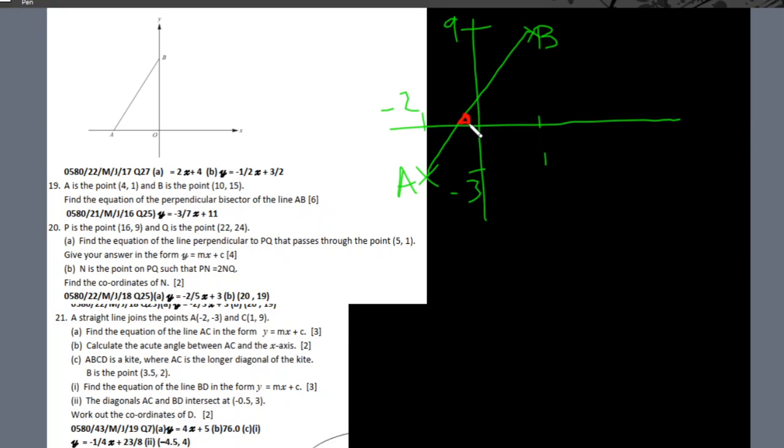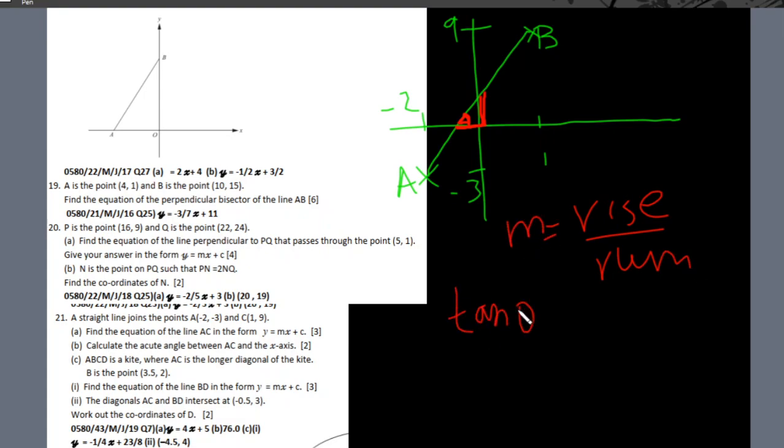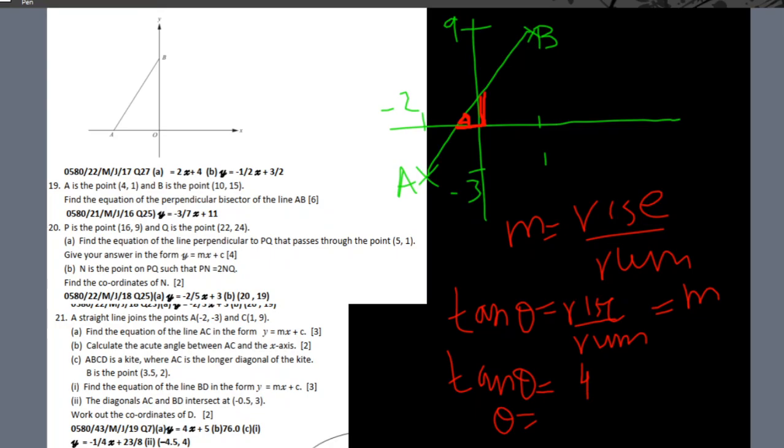So this angle. Now notice, if we have this length and this length, we can use tan theta to find the angle. This length is the rise and this length is the run. So rise over run is actually m, which means tan theta equals rise over run, which equals m. We found m in the last part, which is 4. So theta equals tan inverse 4,